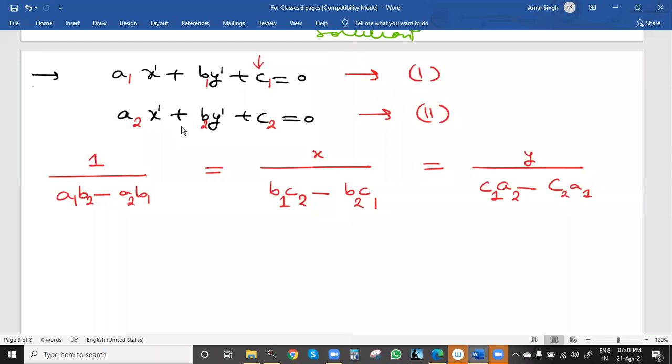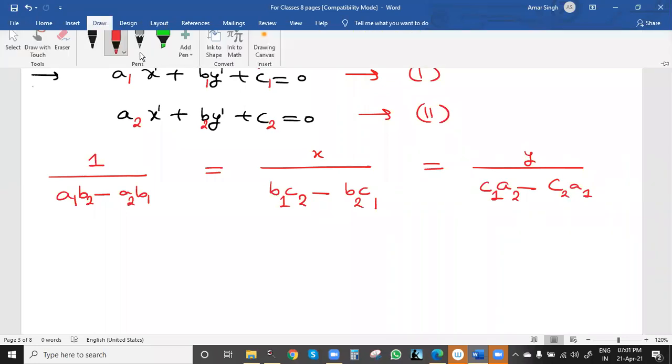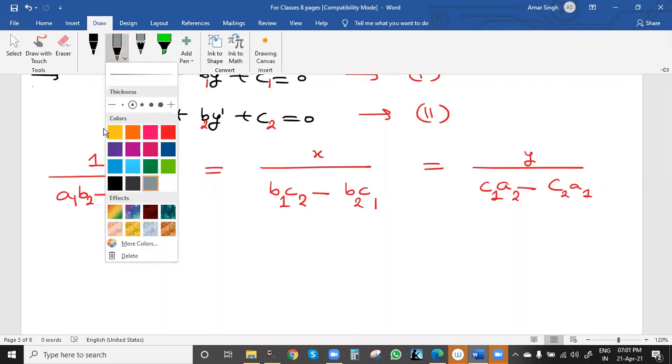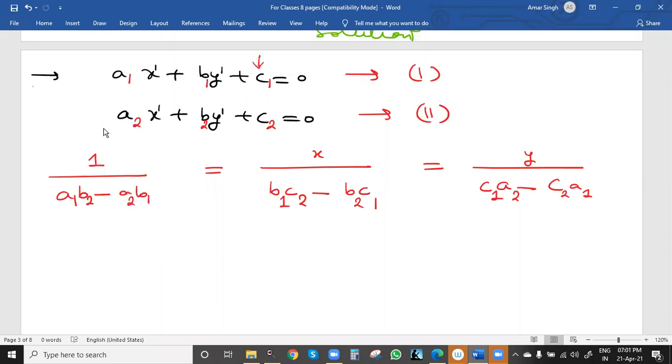That means, suppose you want to have the values of this one, this column we will ignore and focus on these two columns, and always from the right side we'll start multiplying. So a1 b2, the coefficient values, we multiply a1 b2, correct, minus this cross value, minus a2 b1. Correct, no problem. This is one thing.